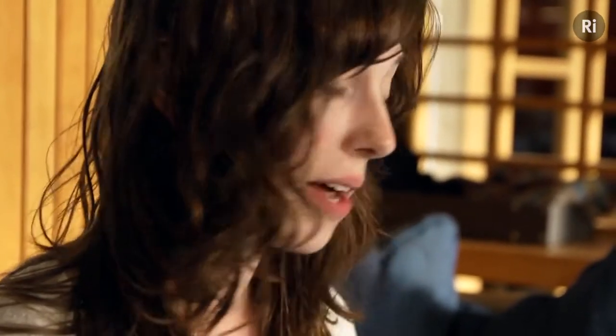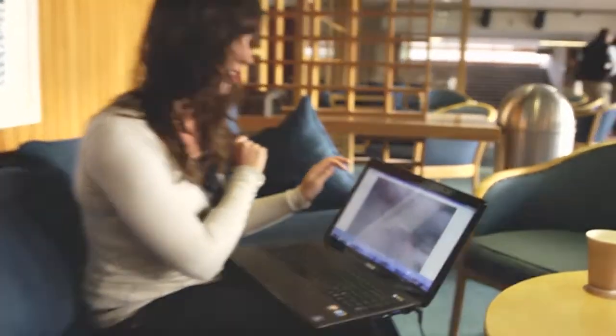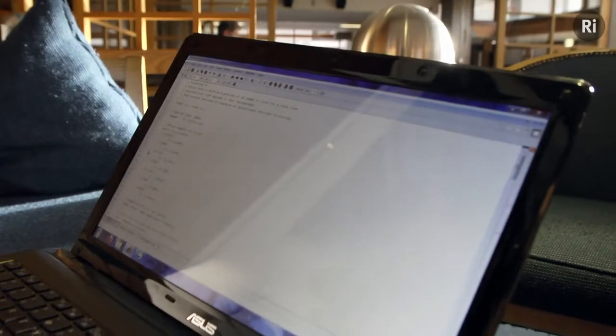Okay, so the bar's getting a little busy now. We've been here for a while, but we have managed to get this program to work and we've found the tether. So this is our original image. You can see the kite in the top right-hand corner. And it's really hard. If you don't know where the tether is, you can't really see it. But with the program, if I just run it quickly,